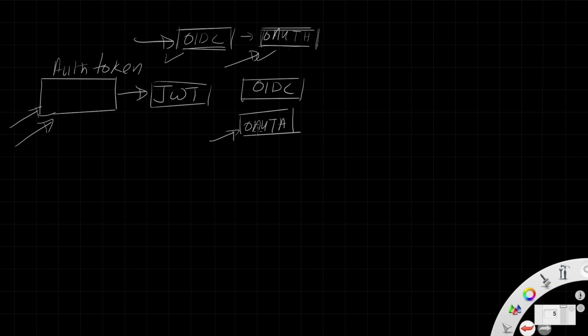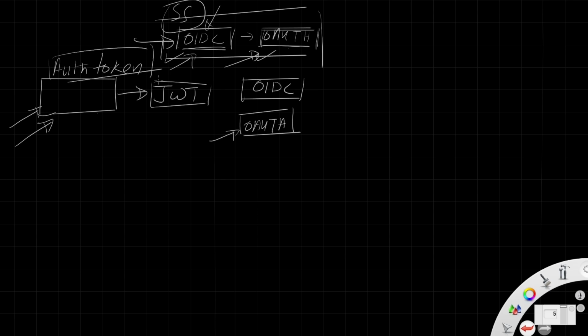There are a few more differences, especially jargons, in terms of spec, because OIDC has a different specification. There are a couple of differences, but it doesn't really matter to us. At the end of the day, you can think of both as the same thing. This is used for replacing username and password or for single sign-on, because this auth token can be used with multiple providers, multiple targets from a single IDP or identity provider, just like SAML for that matter.